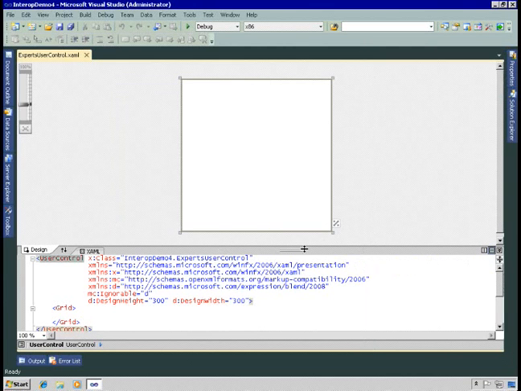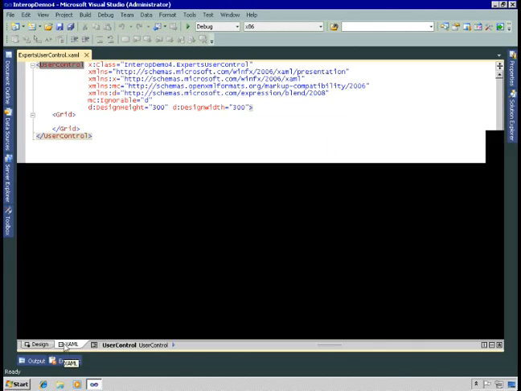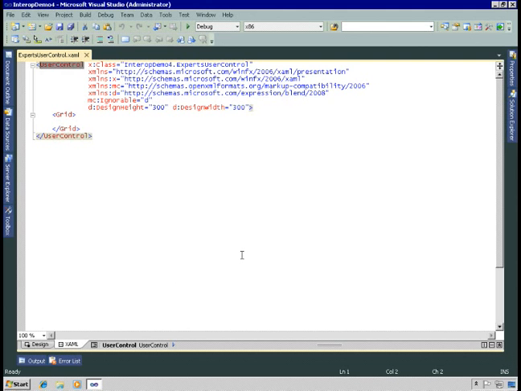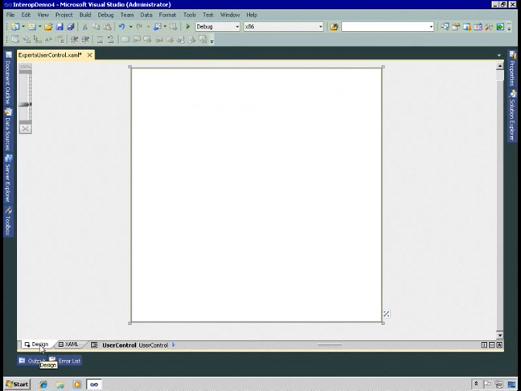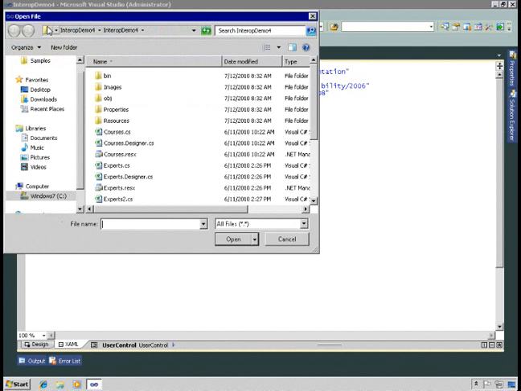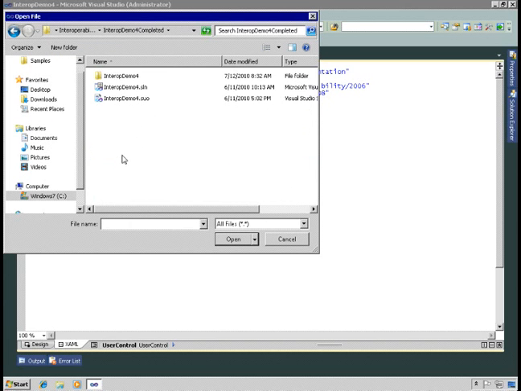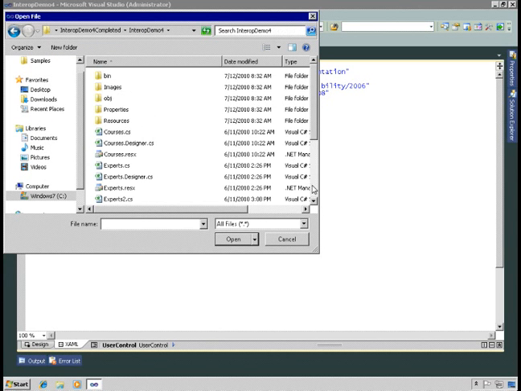Okay, so now what I can do is start filling this out. I can write my XAML and add my code to display the experts. So I'm going to change the design height from 300 by 300 to 500 by 500 because I want a little more room there. And then I have a bunch of XAML that's going to go in here, and I'm not going to type any of it. I'm going to go to the finished version of this application and copy and paste. So it is in